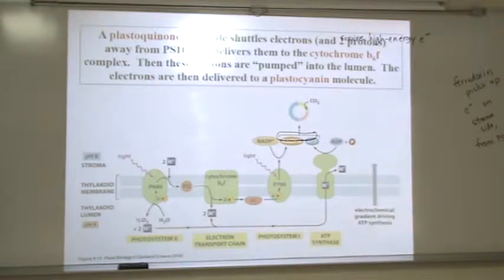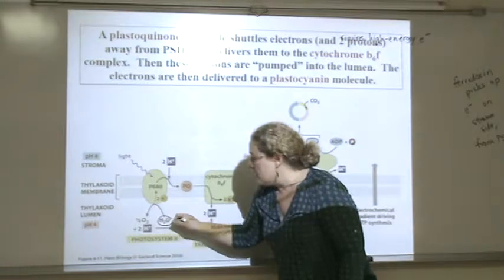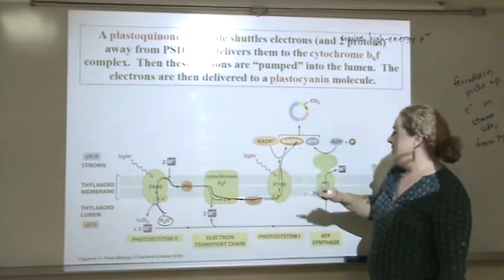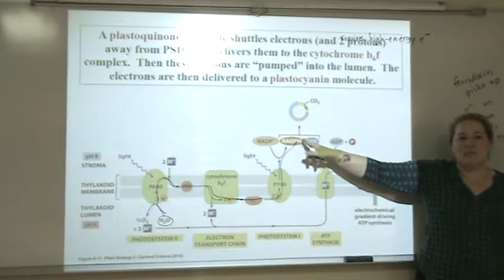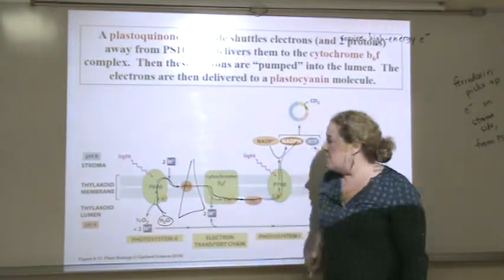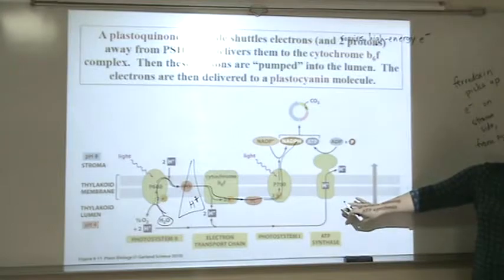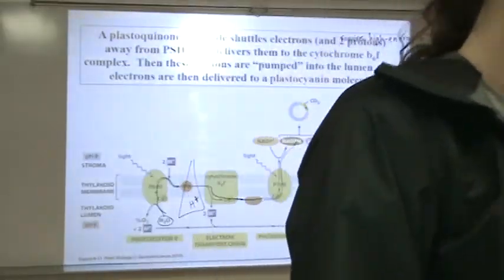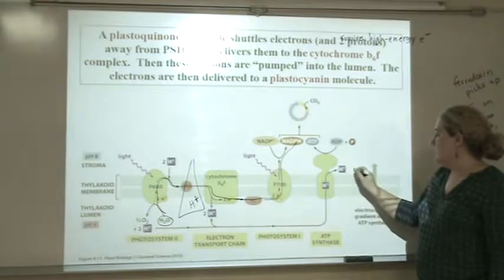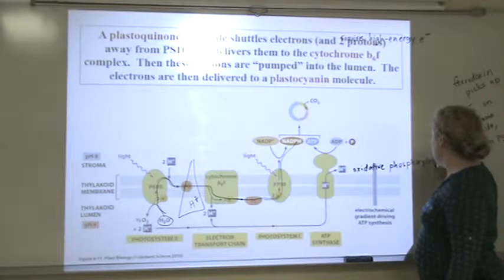So if I skip back a couple of slides to our overview, electrons have come from water in general, and then they've had an odyssey onto NADPH. That's the path of the electrons. While they were on this path, there was a proton gradient formed too, and that's what we're going to look at next. So, all right, we've got a lot of protons in here now. We've got potential energy by them being packed into the lumen, and they can exit through ATP synthase. They're going to exit through ATP synthase,